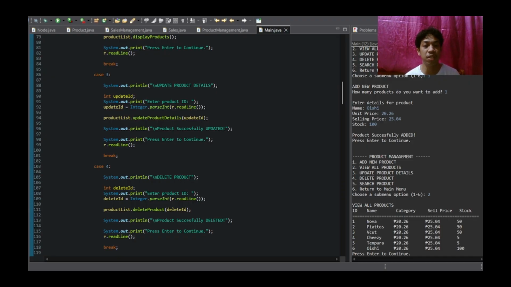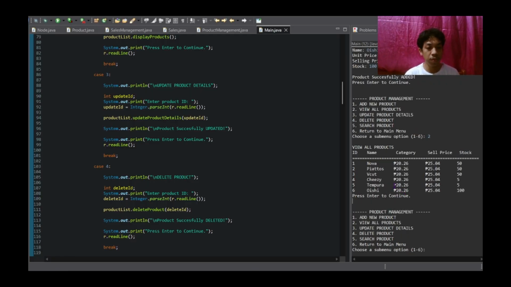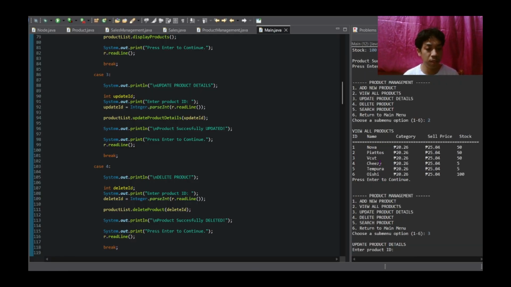Case number 3. This is to update the product details. This is how the user updates product information, such as changing the price or restocking the item. Example: number 3, enter a unique ID.